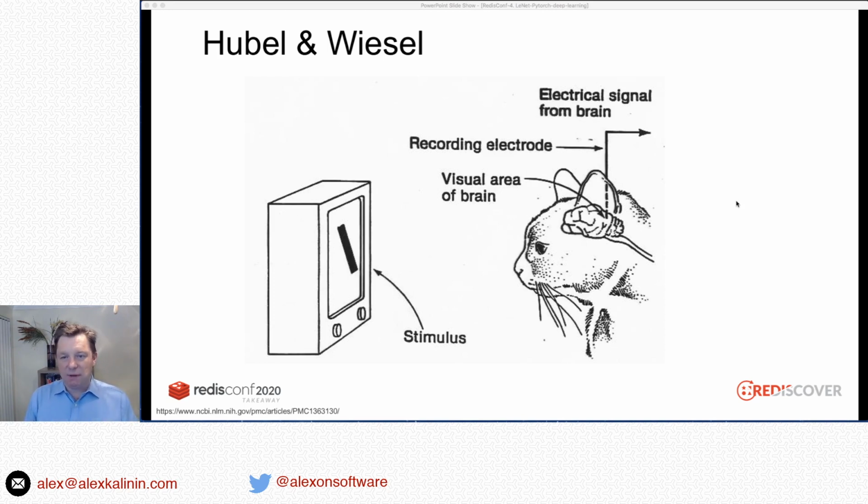After they spent some time, they finally figured out that the neuron was responding to the edge of the plate of glass, when the edge was getting into the field of view at 45 degrees and moving from left to right. Only under those conditions would the neuron fire. It would not fire if the line did not move. It would not fire if it was not a line but some other shape, and it would not fire if you moved it from top to bottom, only diagonally, only from left to right, and only when you move it. Which was quite remarkable,